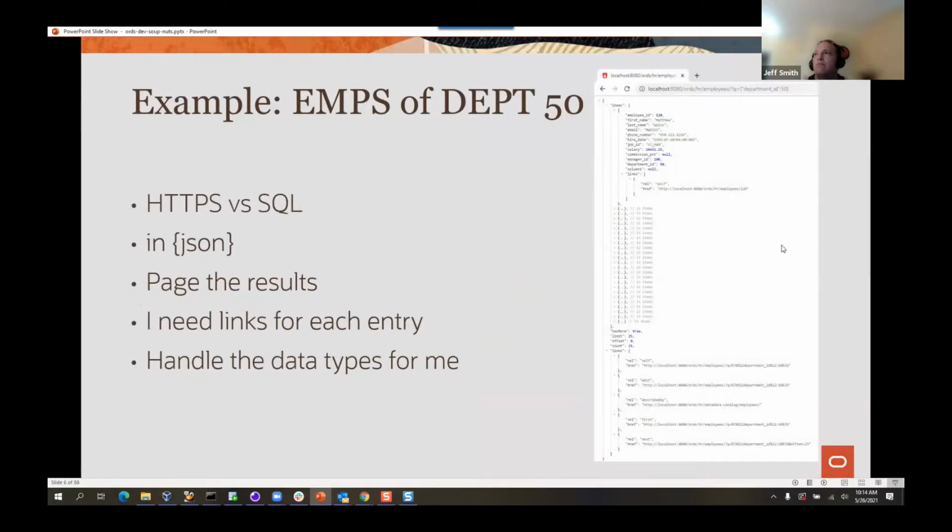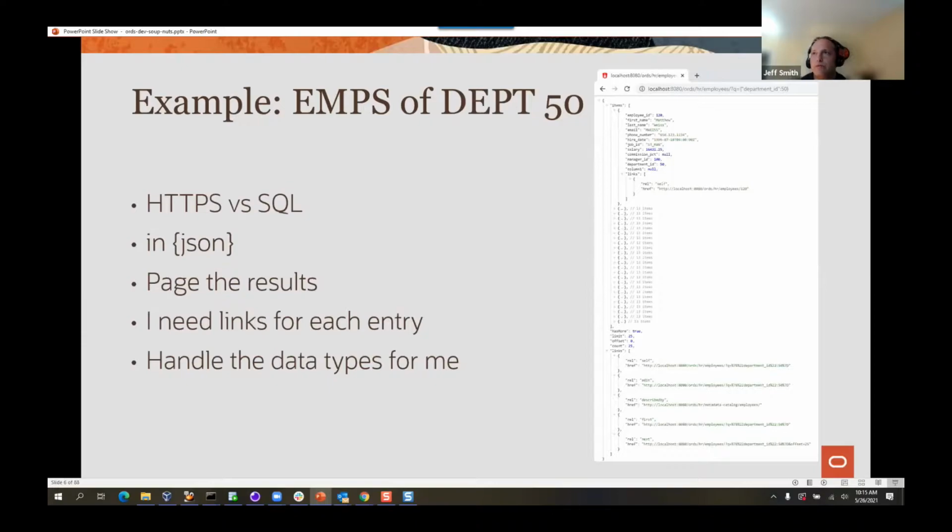So let's look at a boring example of a REST API. I've got some entity, some collection that I've defined or modeled as employees, and employees represents all of the employees in my company. So if I were to do a GET on employees, I would get back a JSON document that's paged of all the employees in my table or view, or wherever the results of the SQL tied to this thing is. In this case, it's literally select star